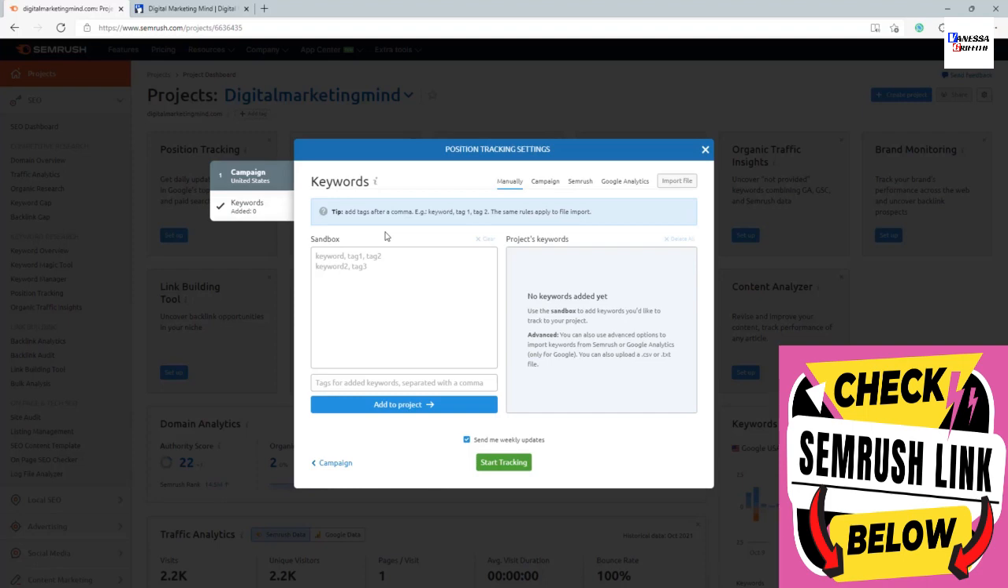So if you're writing a brand new blog article, you might have a new keyword you want to track. You can come back to this project and add more keywords as well. But this is just a starting point, where they have a couple of different methods to bring keywords into the project. Basically, the manual method is in case you already know the keywords you want to target,